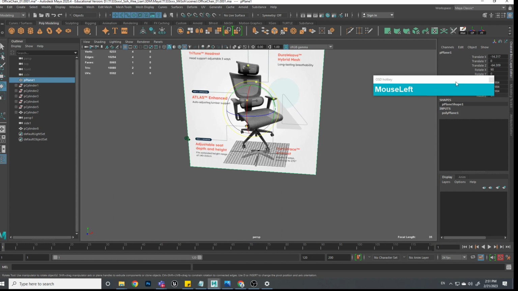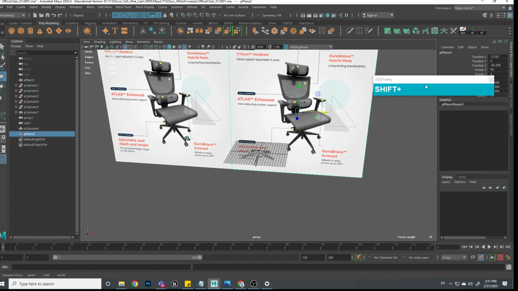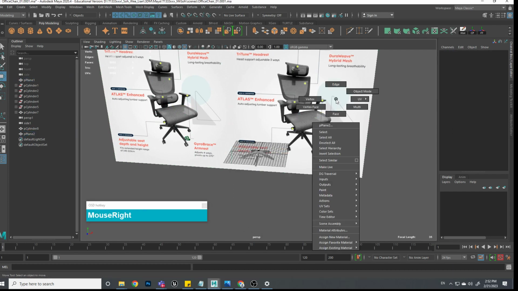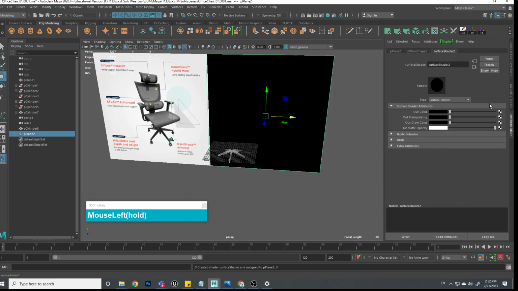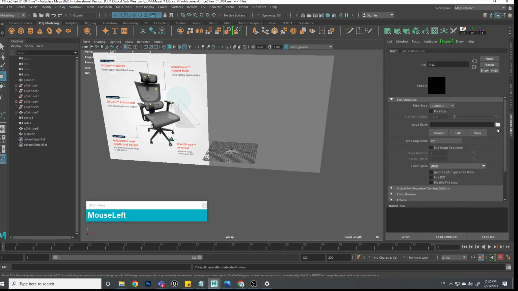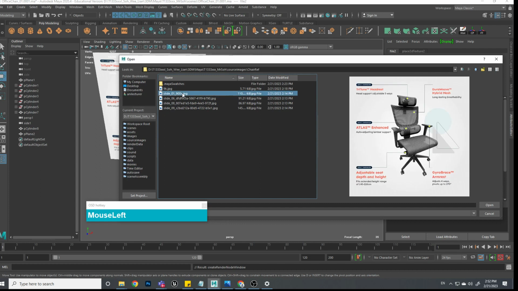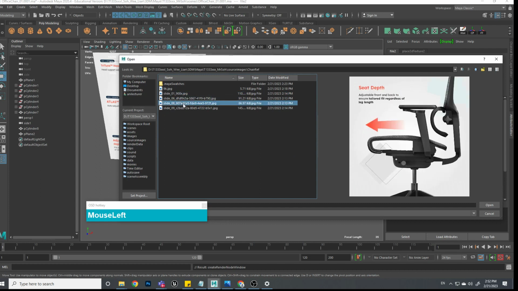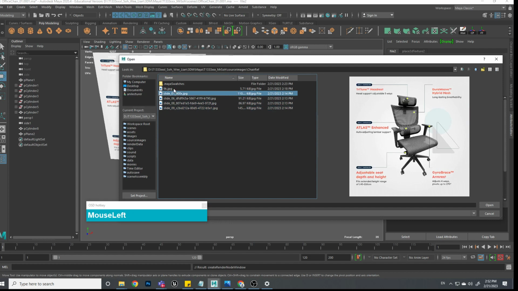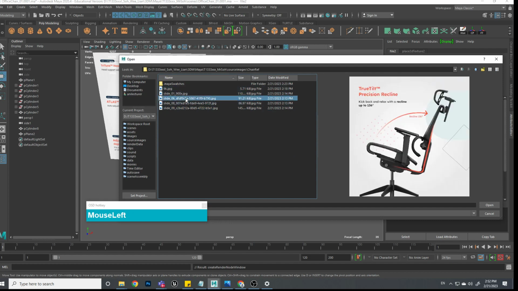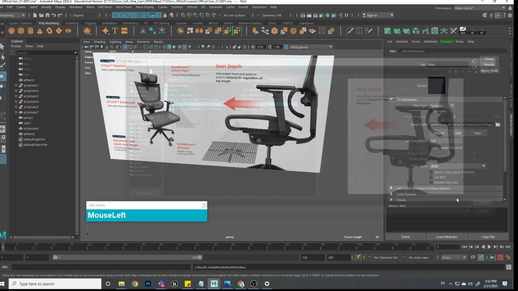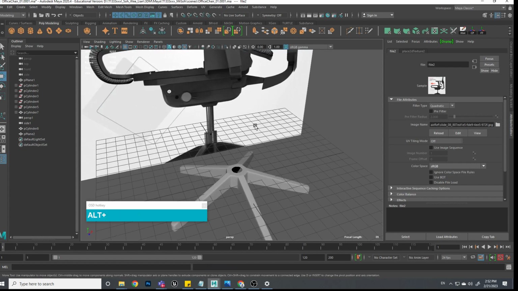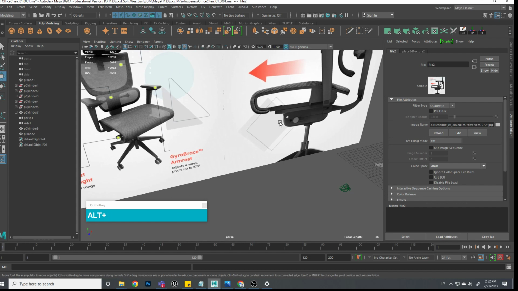Now I will need to change the image reference, or you can duplicate this. And then since the images that I download are all square, right, I can go and assign a new image. Okay, you need to assign a new material, not just simply changing the image, otherwise both will show the same image. So I'll go to chair reference again and pick maybe this one. Yeah, this one. So I can see what the bottom here looks like. So it looks like it's a white